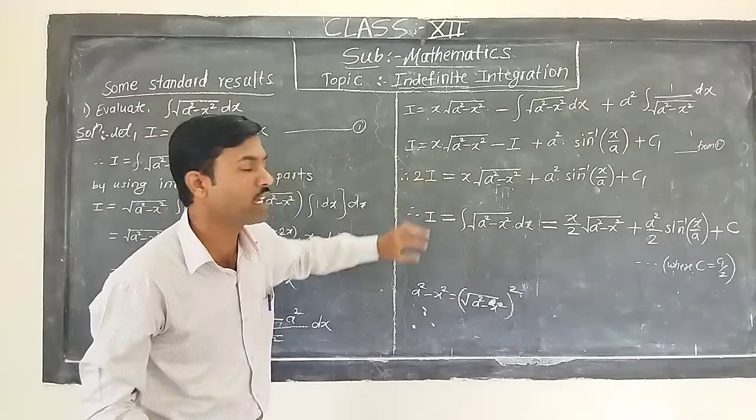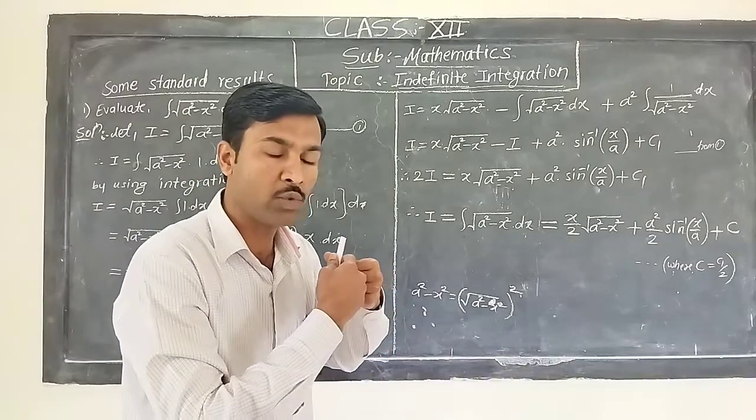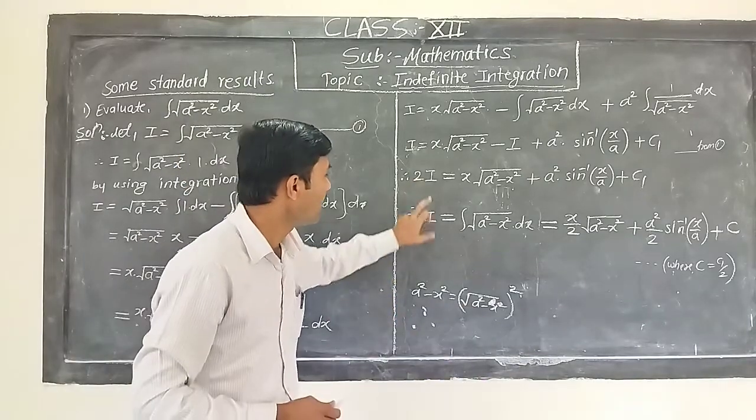Therefore I is equal to... what we have to do? We have to divide both sides by 2, so that I is equal to...